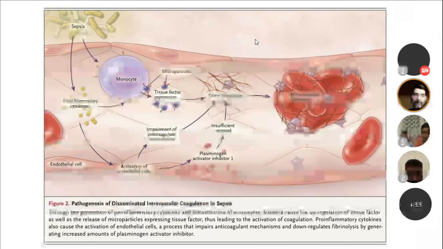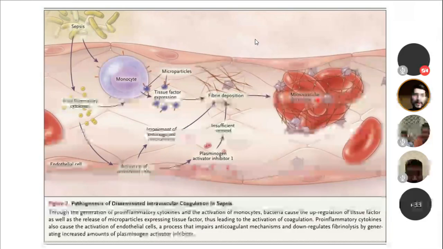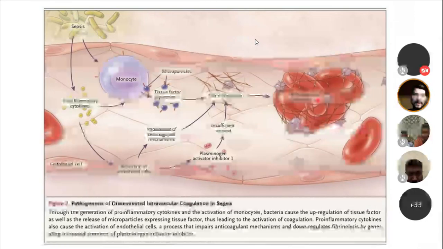And then these microthrombi will travel around the bloodstream until they reach the small lumen where they cannot pass, creating the ischemia, necrosis of that area. Now, I want you to tell me